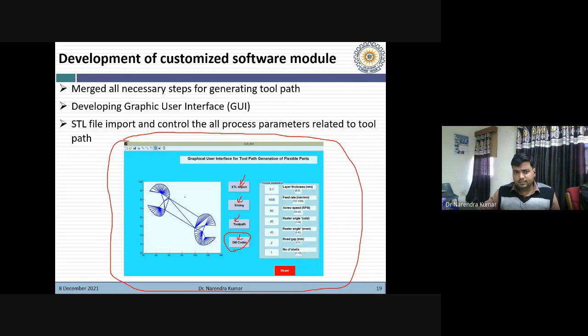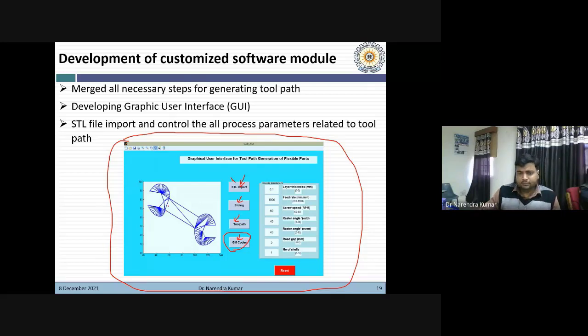So you can see here it is a model of a spanner, and all the triangles are visible because in STL we have the information in the triangle form. This particular geometry was imported with the help of this button. After importing, you can see all the triangles are clearly visible in 2D.